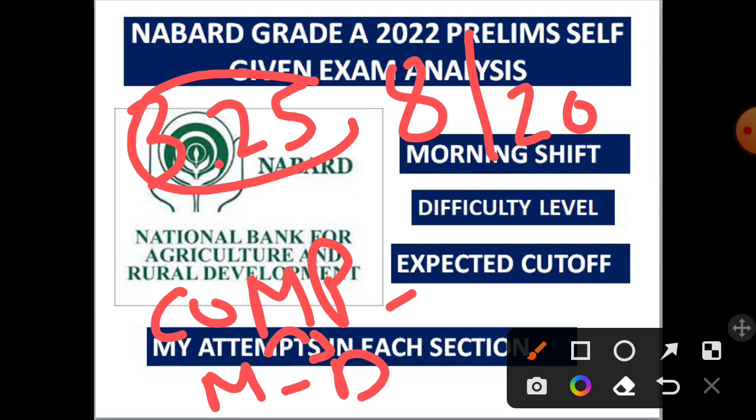So hopefully I'll get this much marks, because as I said, the computer was a bit difficult. What I felt was, there were more application based questions, like shortcut keys, and more on Excel, and some Microsoft Office things and all.